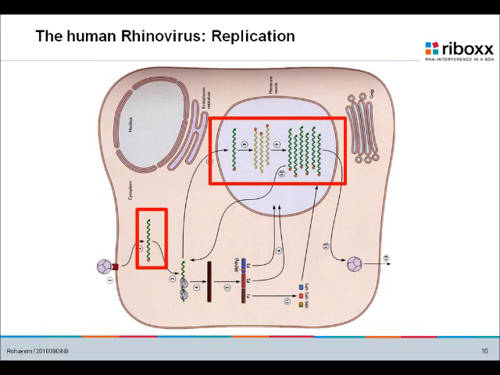So it's quite easy then to see that if you want to target the virus using small interfering RNA, you just have to look where you have the genome that is naked, that is present to be targeted by RNA interference, and it's actually at the beginning and also in those vesicles.